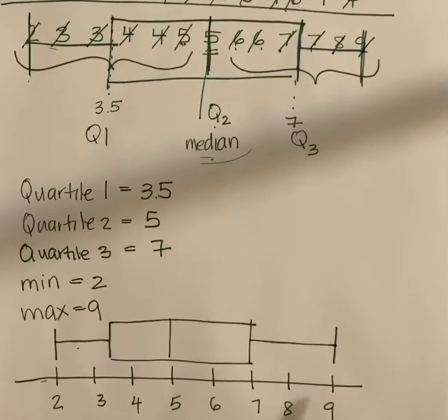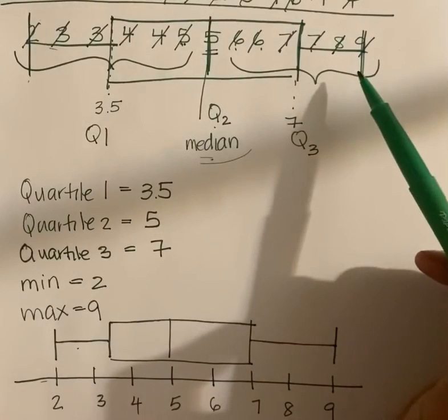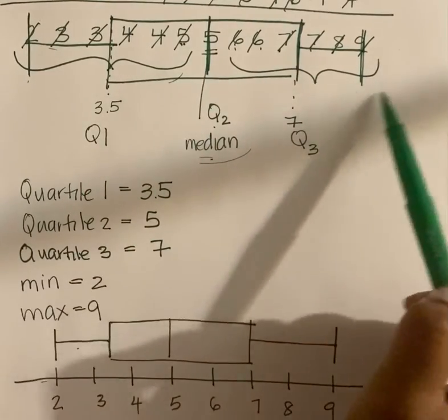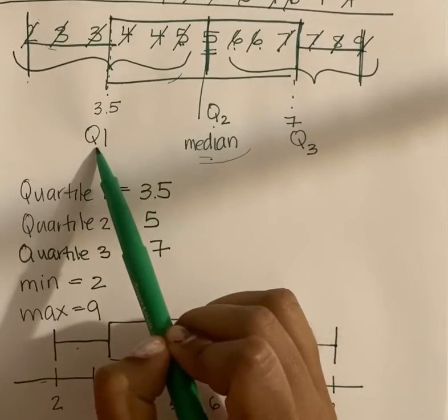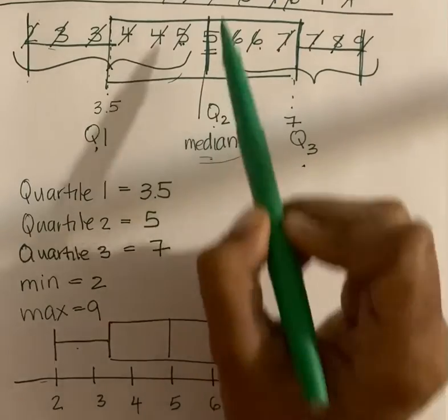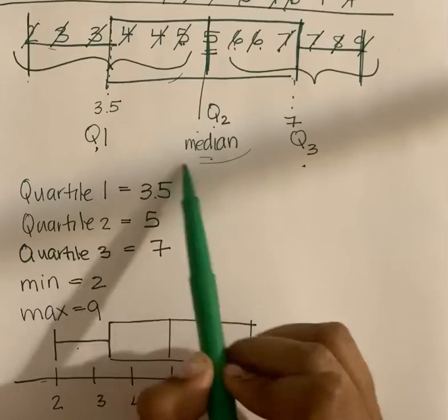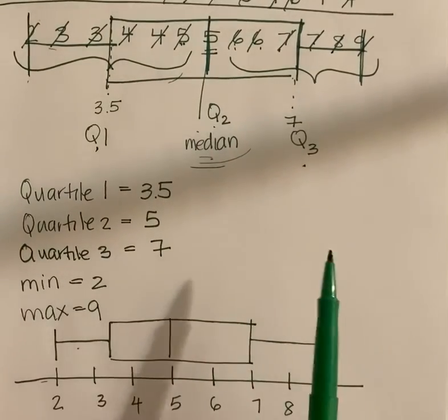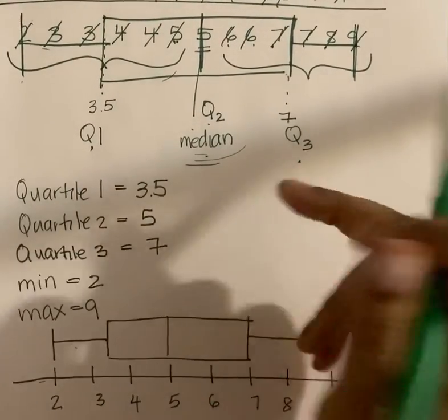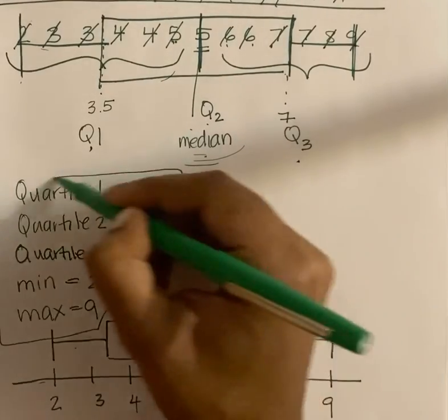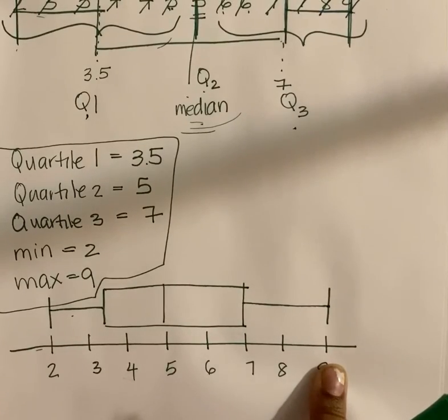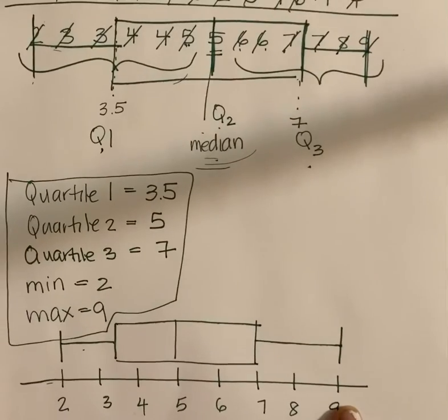So for every question that you do, you need to order your numbers from smallest to largest, find your median, and then separate your data, so you have your lower set and your upper set. Find the median of your lower set, that's going to be Q1. Find the median of your upper set, that's going to be Q3. And then the median of the whole set, or that middle space, is going to be your actual median, which is Q2. Make sure that for all of the questions that you do, you put them in order, you label them, you write them out. This set of numbers needs to be written out for each of the questions, and then you create your box and whisker plot. Okay, the only other or additional piece of information that